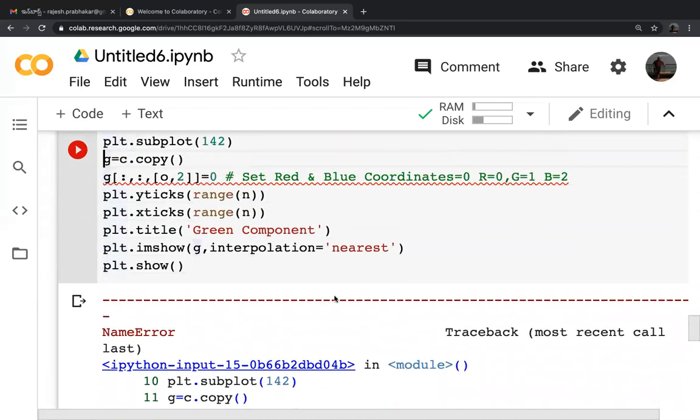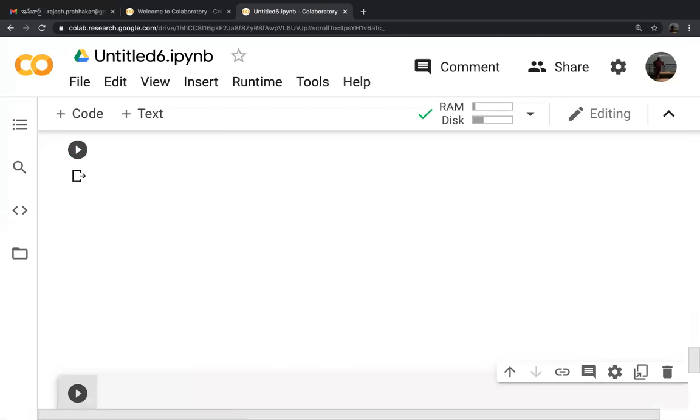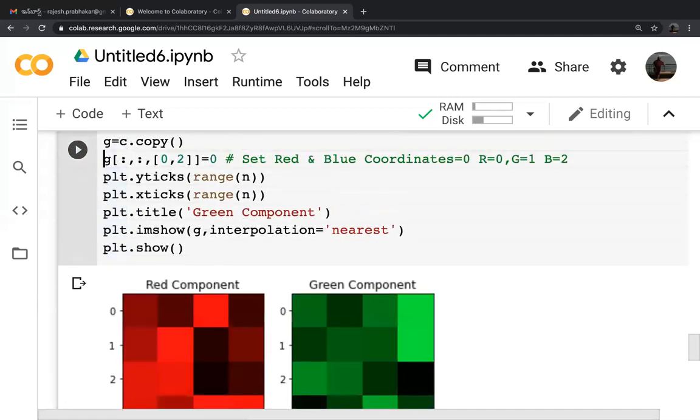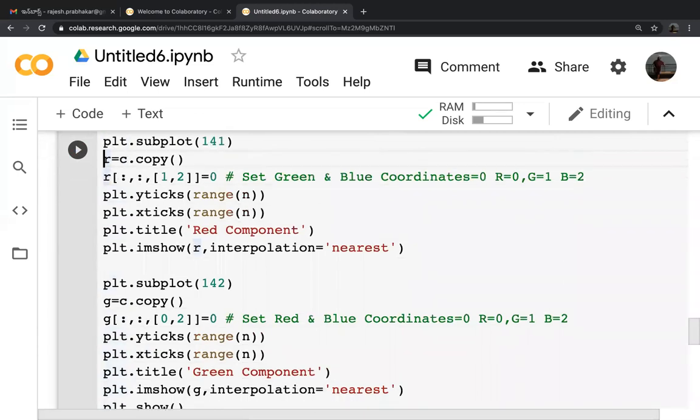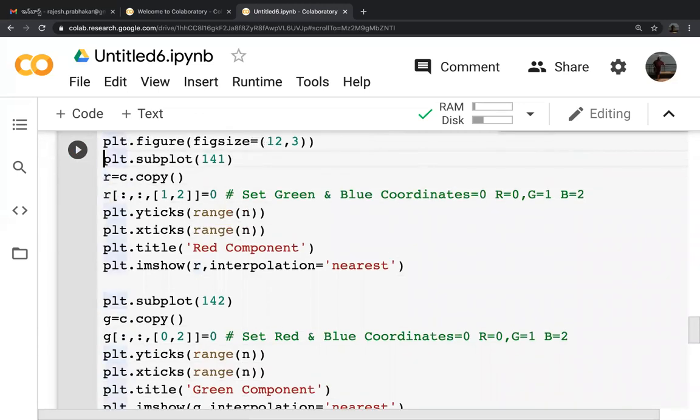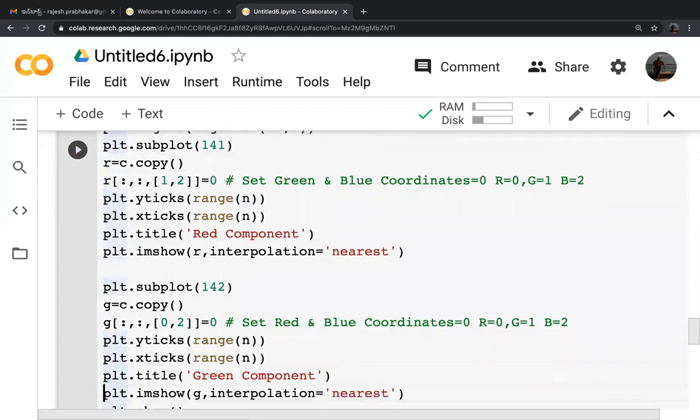I think I pressed the letter O instead of 0. Sometimes I also make mistakes like this. Green component. See here, using these simple changes, I just changed R to G and changed 1 to 0 in the setting of the ticks, and the rest is all the same. It just created a green component image.